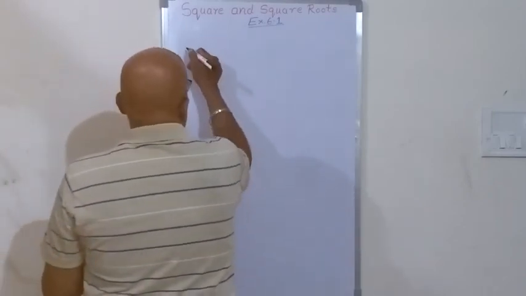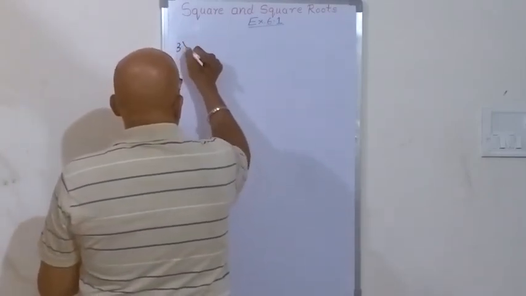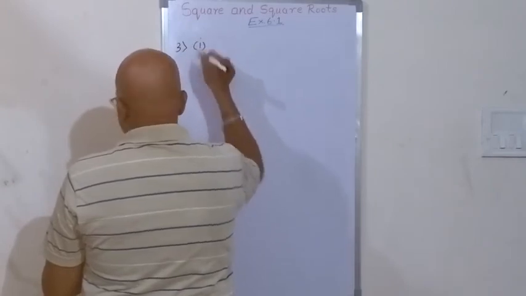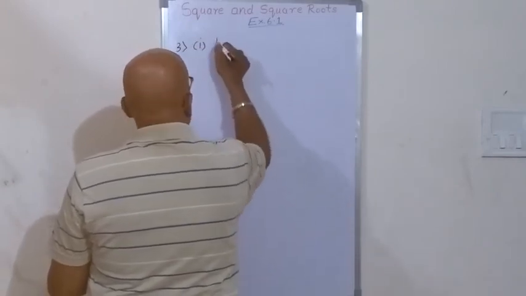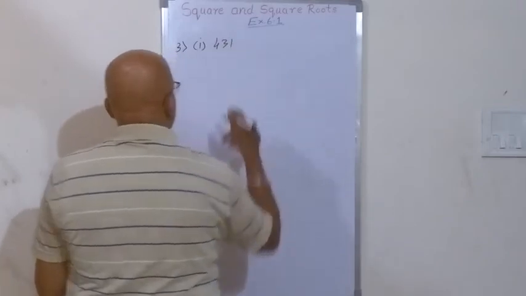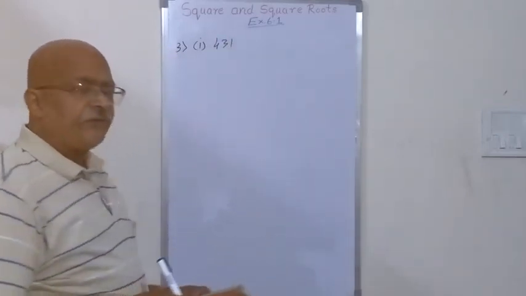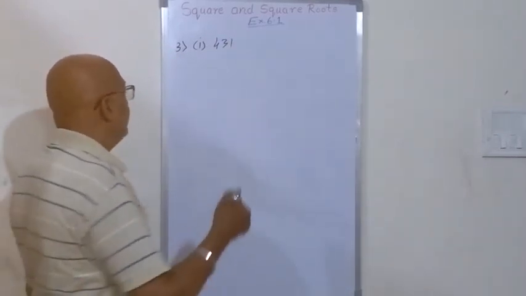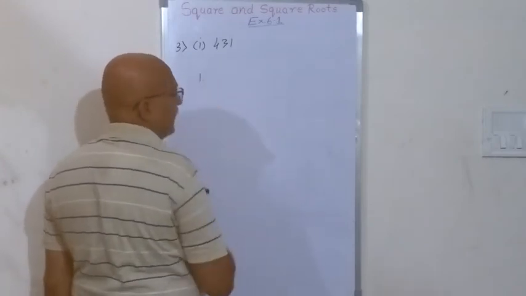The first in that, the number given is 431. Now we have studied that if the unit place is 1 for any number,